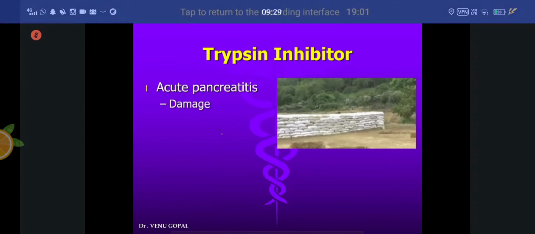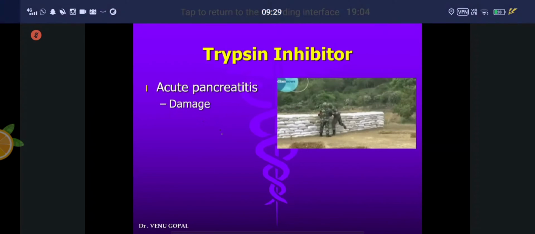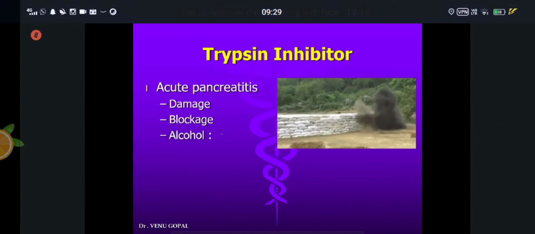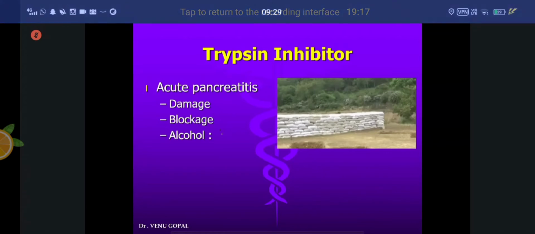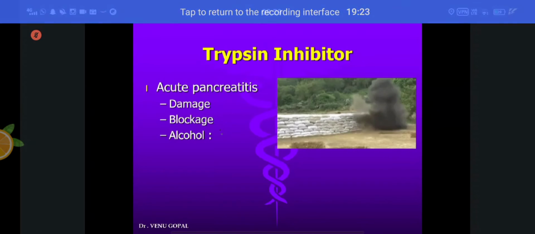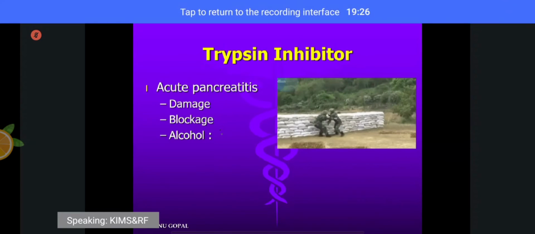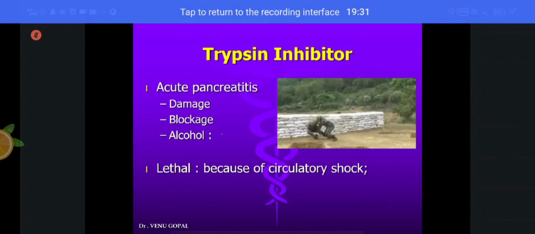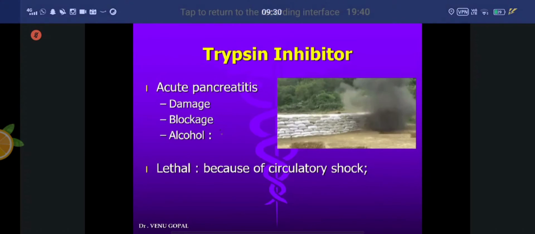Acute pancreatitis is the outcome. This can be due to a blunt injury, any damage to the pancreas, or blockage by gallstones, or alcohol. Alcohol is the most common cause. After that is blockage. Cholelithiasis is the next most common cause of acute pancreatitis. It is an emergency situation. You have to attend to it, because it may cause hyperglycemia as well as circulatory shock. Because of the inflammatory situation, inflammatory mediators which are released into the blood may cause circulatory shock also. It is dangerous if it is not handled as an emergency.